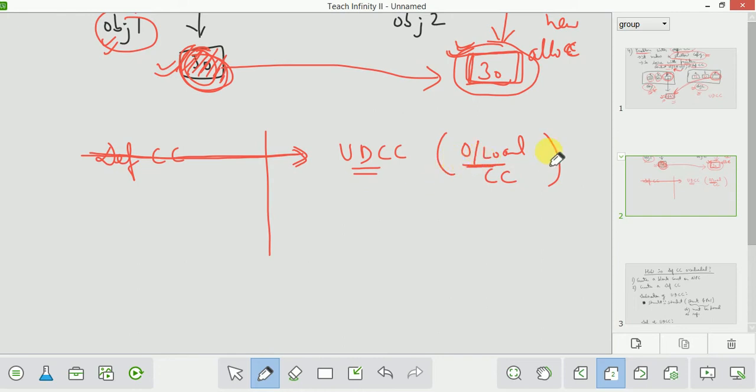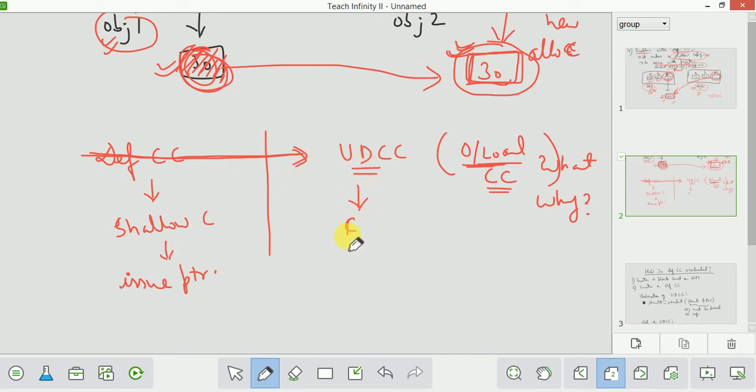First thing is, what is overloading? That we have understood. Now why is this overloading done? Why is overloading of the default copy constructor done? Because this default copy constructor creates a shallow copy, which results in some issue with pointers. So it is replaced by a user defined copy constructor, which makes a deep copy, and there is no issue with pointers. So that is what overloading is all about.